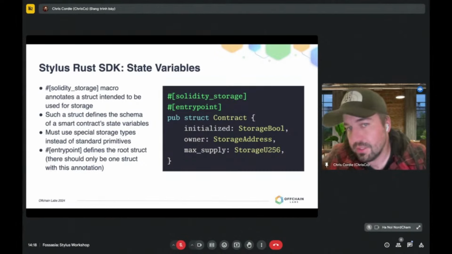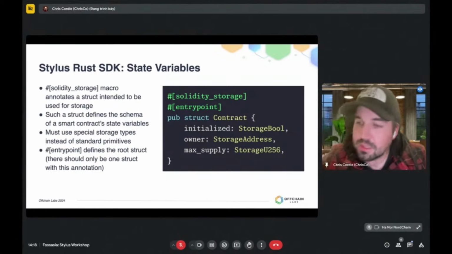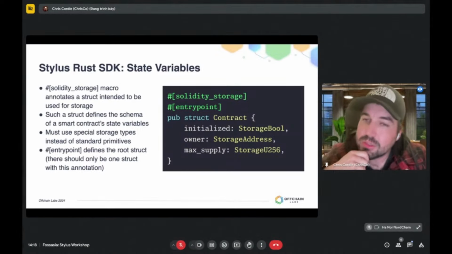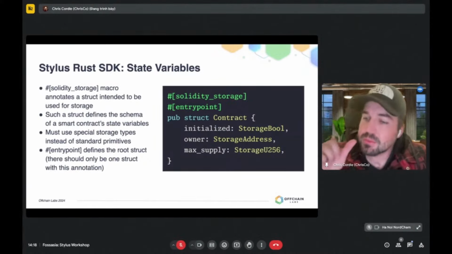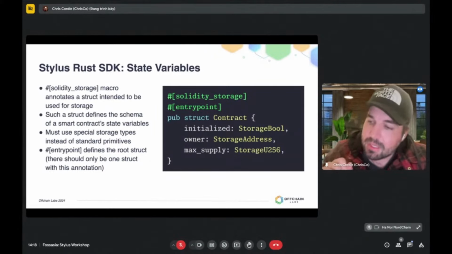To the right of each of those fields, you've got the types that those fields line up with, and these are storage types. Instead of using the primitive types that I explained before, I'm explicitly using these storage types, and that's necessary to maintain compatibility with Solidity,